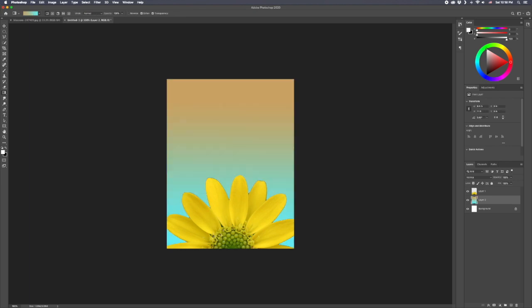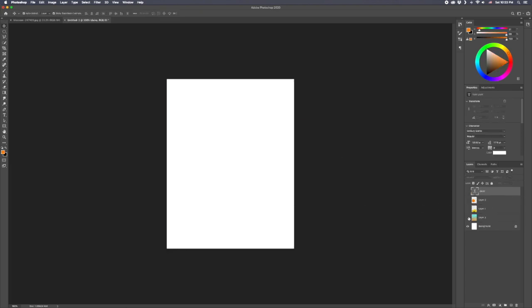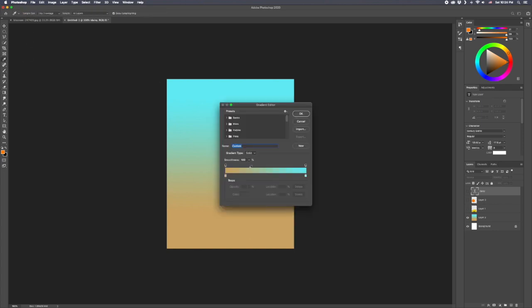If you look at this gradient that I've made, it's very similar, if not the same, to the gradient I made in our gradients exercise. I just have the gradient right there. It goes from beige to light blue, baby blue. And I'm just gonna hold on this for a second just so you can get an idea of what I used. And then I'm gonna turn my flower back on, apply a